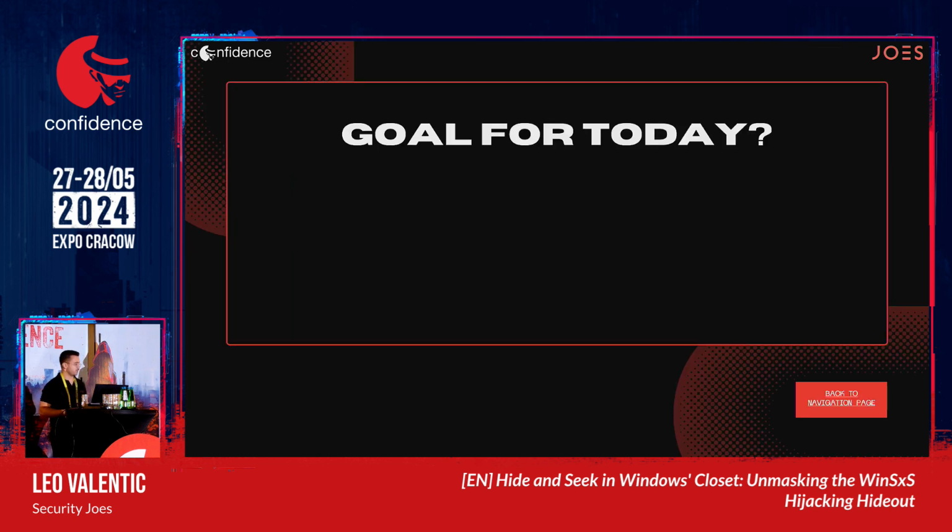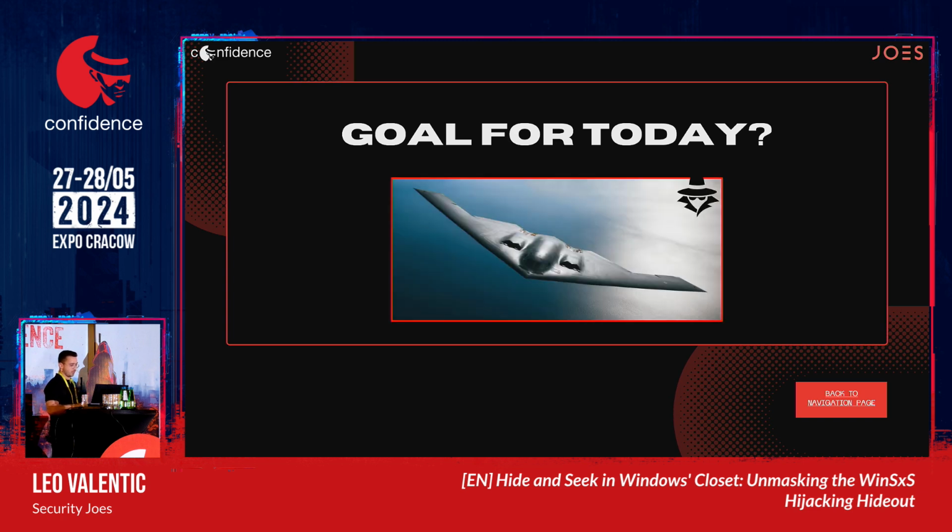So let's see what our goal is for today. Everybody has watched a lot of American movies, and when you see this guy approaching, you know it's something related to stealth. We are trying to show you a new technique for red teamers and describe how you can hide from SOC analysts and MDR teams, and how you can work on your stealthiness